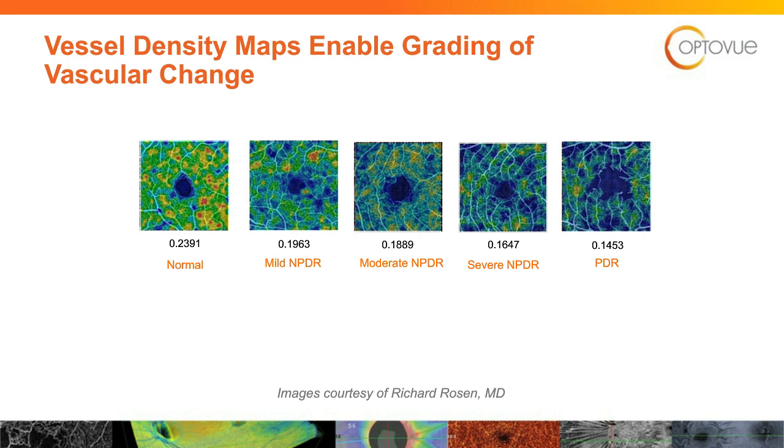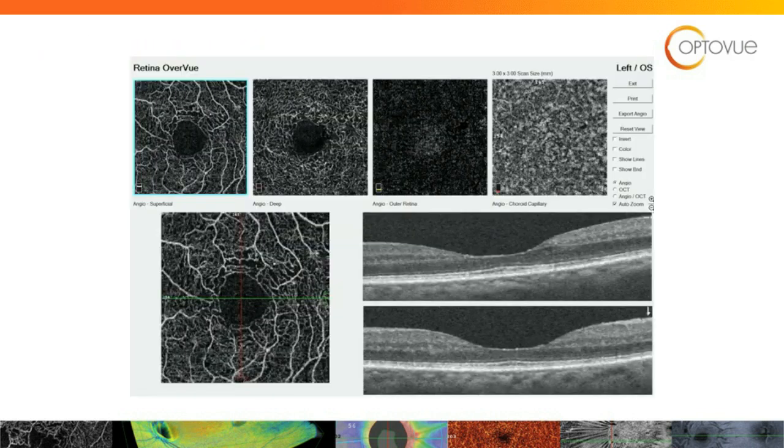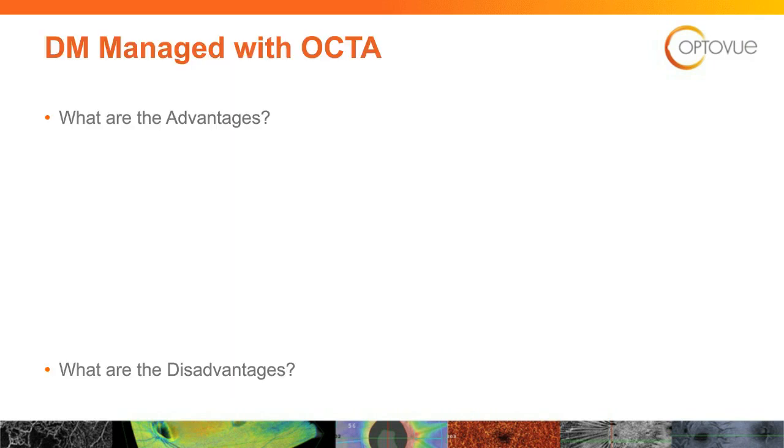So we've gone through all of the advantages already. This leads us right into analytics. The vessel density maps. It's great to look at this picture. And I'm sure you all appreciate looking at a picture like this. It's phenomenal technology. And it's even better when you can get analytics or numbers to help quantify what exactly am I seeing,